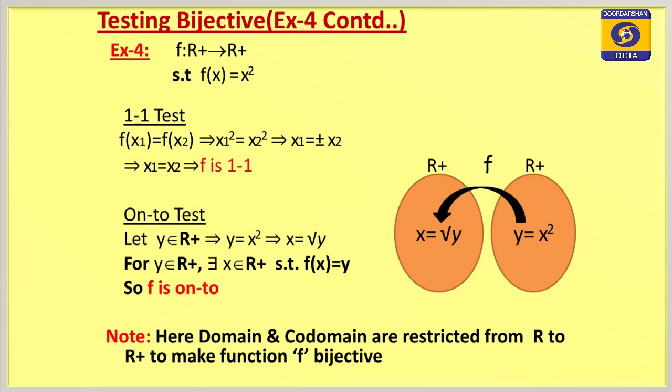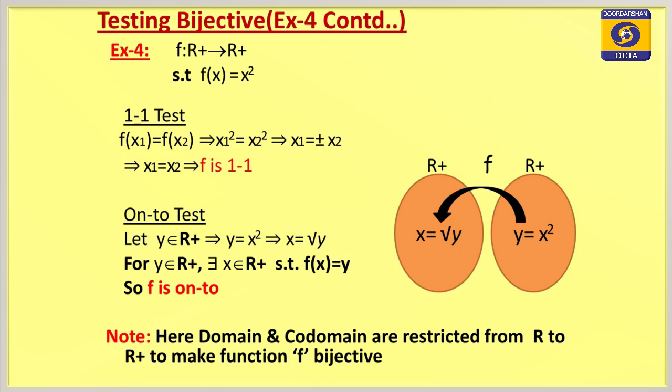Next is the onto test. So, the onto test means we have to choose any element from set Y. If a function from X to Y is onto, that means we have to choose any element from Y and we have to find an element in X such that f(x) is equal to y, or in other words, as we have already discussed, any element of the codomain should have a pre-image in the domain. Now, here domain and codomain are both the same, the set of positive real numbers, and in the domain we have x and in the codomain there is x square. That means,